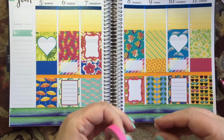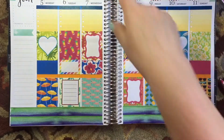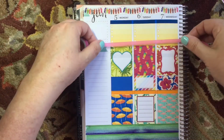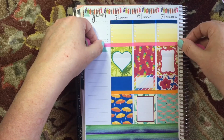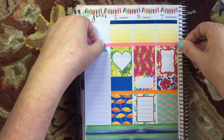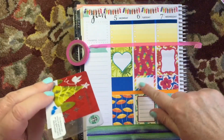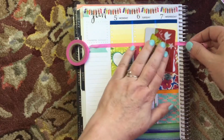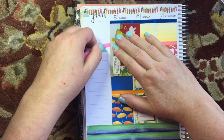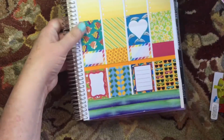You can get those. I do want to separate these with, yeah, I think I'm going to go ahead and try to do that. It may or may not work. We're about to find out. Actually, it's not bad. I'm going to have to go across the top of that one just a touch though, because this is a little bit taller than these, which made this one taller, but I'm okay with it. It's just going to be very colorful, very summery, very tropical, hopefully. See, I've been able to totally cover it and